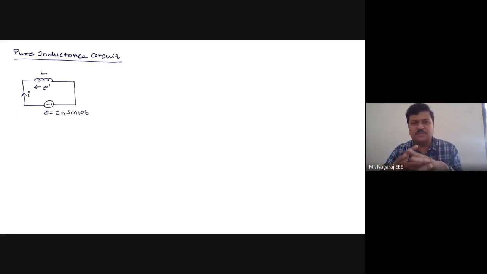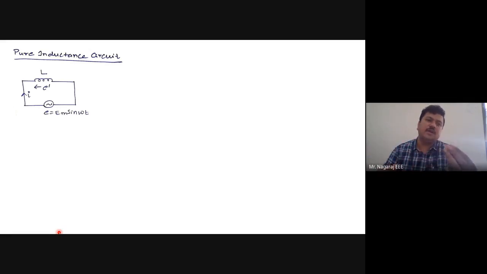The best example is your rheostat. In the basic electrical laboratory, you have used rheostats in the KVL KCL experiment. Those rheostats are pure resistive wires. Though the wire on that rheostat is wound in the form of a coil on the cylinder, I hope you can visualize that rheostat now, it is pure resistance, not inductance. During the fabrication of that wire, I did not make the wire inductive. I made the wire resistive.